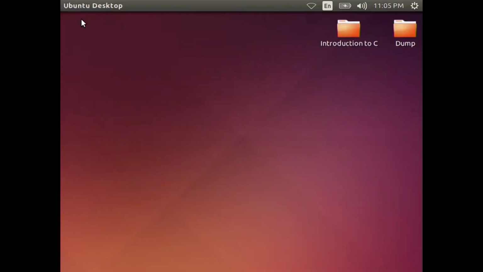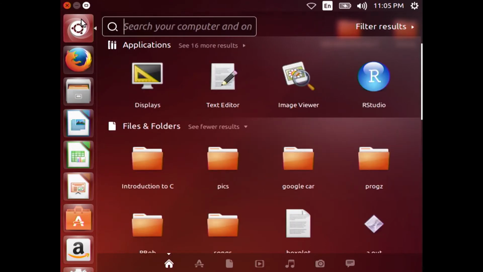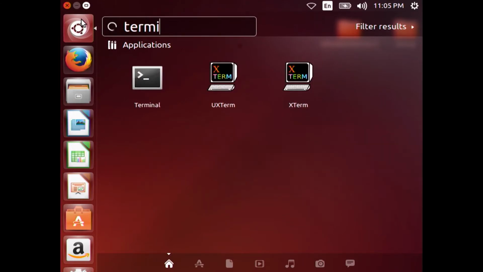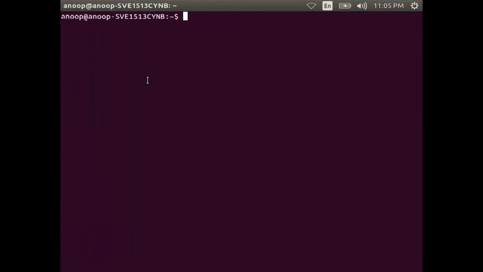Let us now learn how to write a simple C program in gedit and compile and run it using CC compiler. First, you have to open the terminal window in Ubuntu. You can press Ctrl Alt plus T keys simultaneously on your keyboard as a shortcut for this.